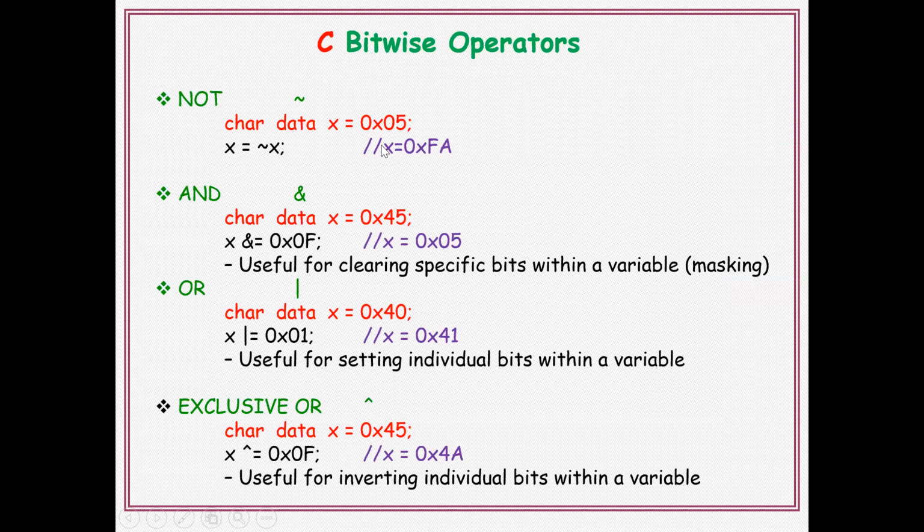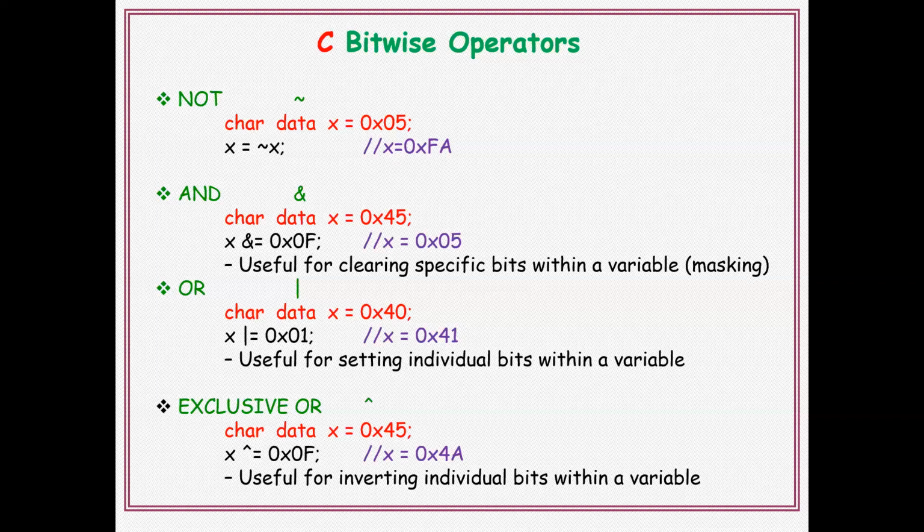And C bitwise operators, which support bitwise operations, like the NOT operation, which performs the complement operation. Next, AND operation, which performs bitwise logical AND operation. We know that the AND property: if both inputs are 1, 1, then automatically output equal to 1, otherwise output equal to 0. And OR operation, which performs OR operation. If any one of the inputs equal to 1, then automatically output equal to 1. That is OR operation. Bitwise logical OR operations are supported.